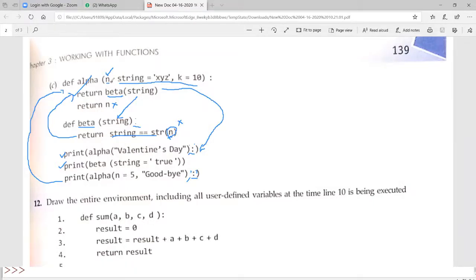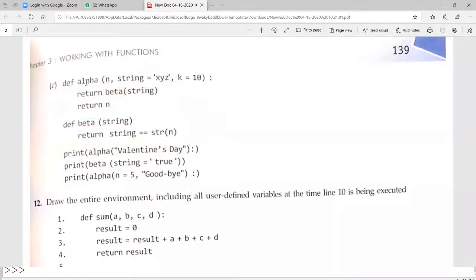So n can sometimes be a string, it can be an integer. Suppose here you see, here it is a string because you're sending a string, here it is an integer because you're sending an integer. Fine. So this n is available only in this area, that means within the function body of this alpha. Outside the function body of the alpha, it is nothing or unknown. Okay, n can be accessed only within this location. But you see this n is not having any scope here.